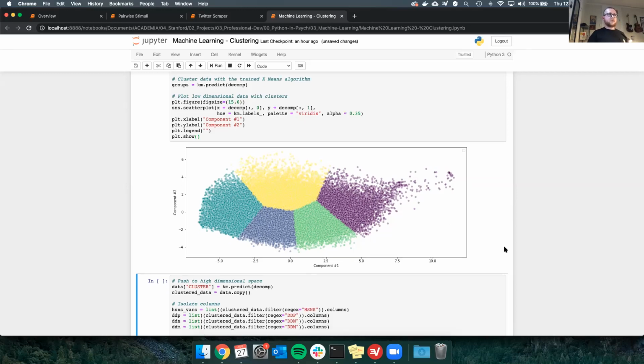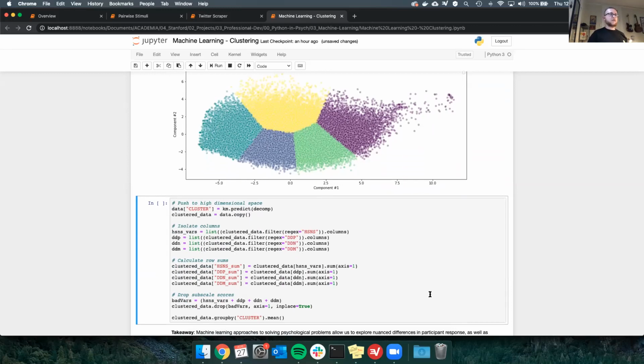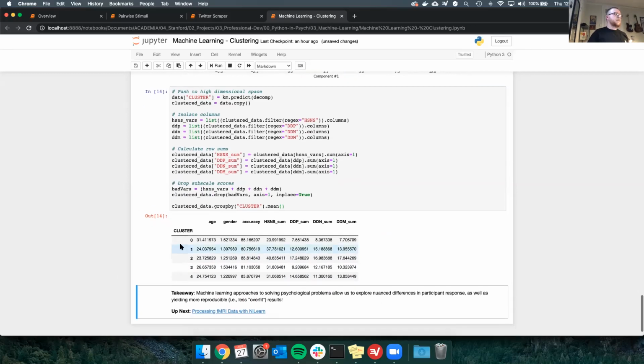And I think this is all kind of abstract until we project these clusters back into the high dimensional space. So let's go back to our data set that had 25 variables, and let's take these group labels for each participant and just push them up to that high dimensional data and see, okay, what are we dealing with here meaningfully? What do these differences actually mean? And this difference between cluster 0 and cluster 1, I think, is pretty illustrative. So we have, and these are all mean scores, right, for each group. So the average age for group 0 compared to group 1 is much higher. Gender and accuracy are comparable, a little bit different, but not statistically so, likely.